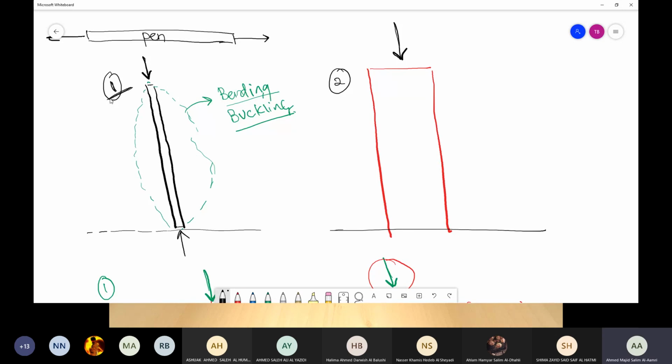Do you think it will buckle? Do you know the square wood which is used in construction? Whatever it is called in Arabic, al-murabba, do you know? Yes, the square wood which is used in construction? Anybody? Do you think it's easily buckling?